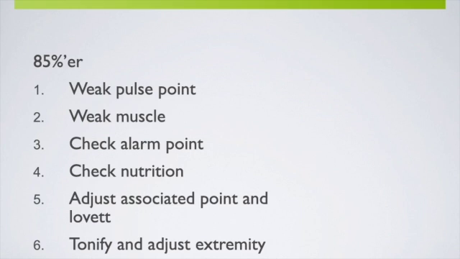Then you would go to the associated point on the spine, which is going to be T9-10, and challenge and adjust. And then you would go to the Lovett, which would be around T2, and check and see if there's something that needs attention there. Then you would tonify liver 8, which is the tonification point, and adjust the knee if necessary,